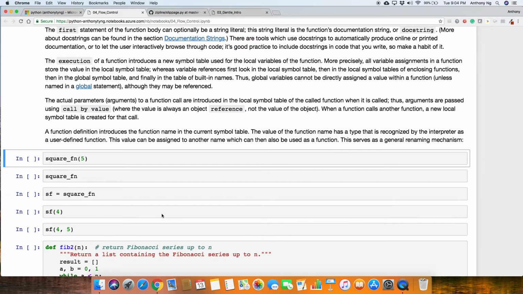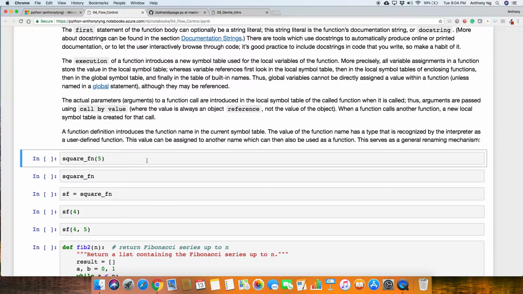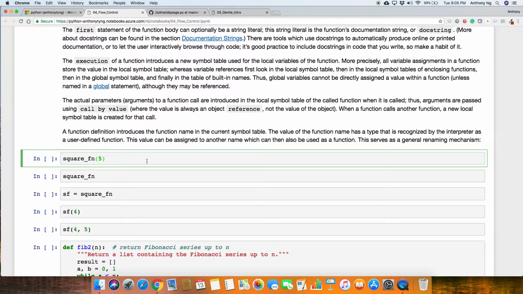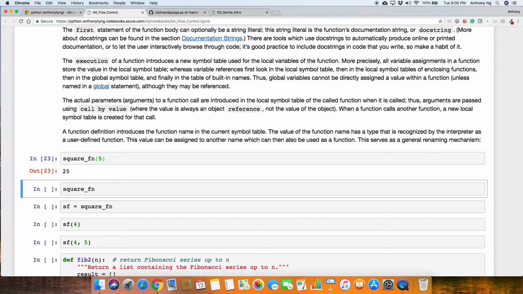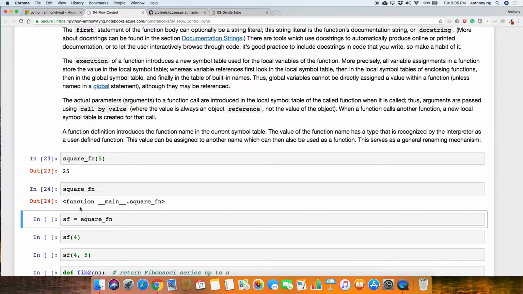So let's look at the actual function itself. Remember, we already defined the square function earlier. So if we provide 5, okay, 5 is 25, right? So that gives us that value. So what happens if I don't actually provide anything? What do I get? I get the actual function and then __main__.square function. All right, so it doesn't actually tell me anything except that this is a function and it's a square